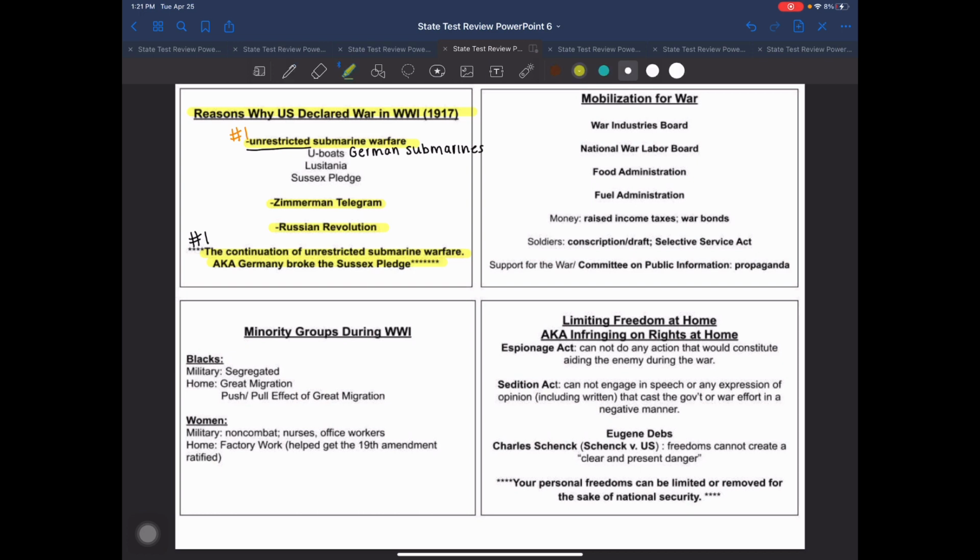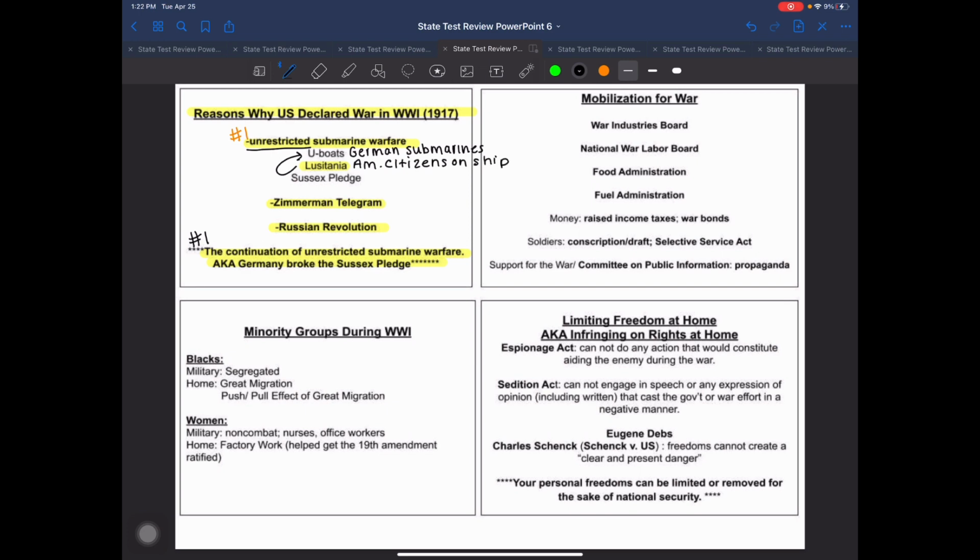the Lusitania, and I'm going to highlight it. This is a British passenger ship that is sunk by German U-boats. All right, so it is sunk by these U-boats. Because this is a British passenger ship, you may be thinking, well, what does that have to do with the United States of America? It had American citizens on it that perished on this ship.